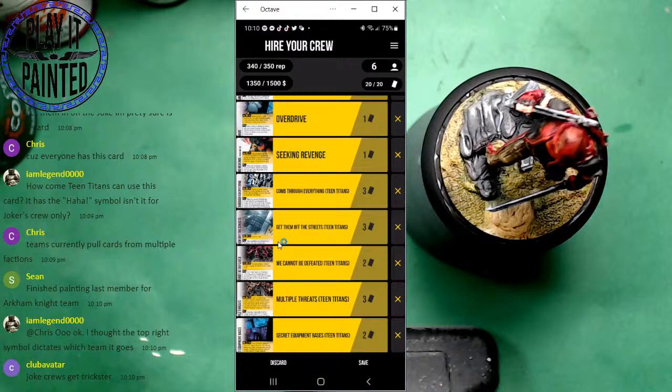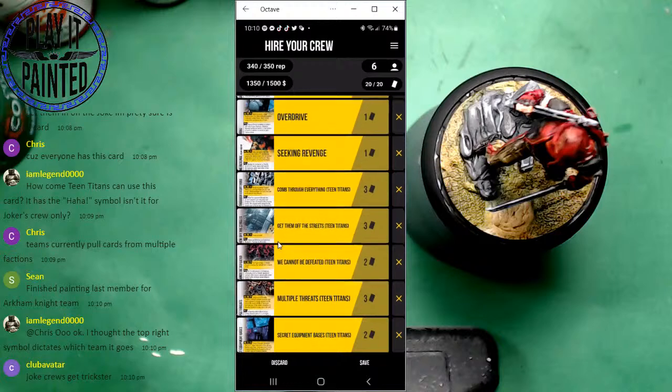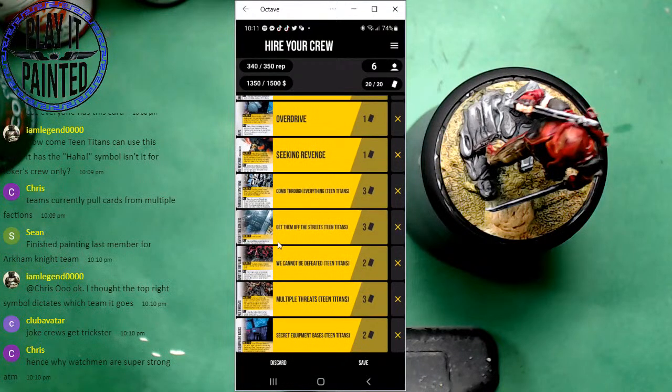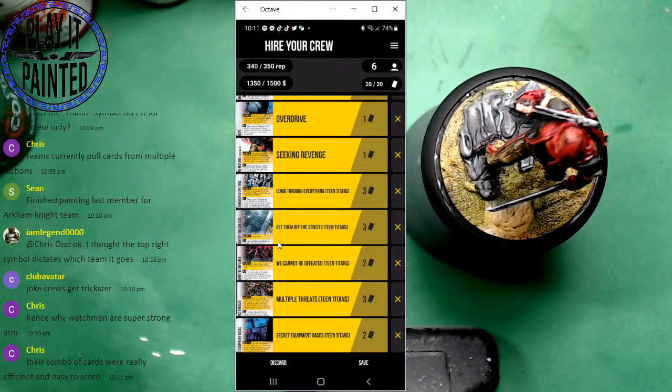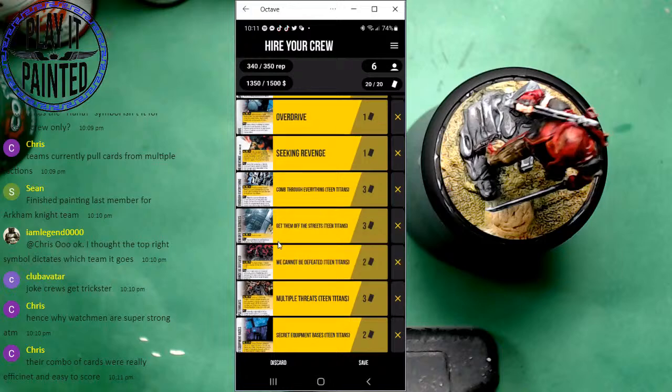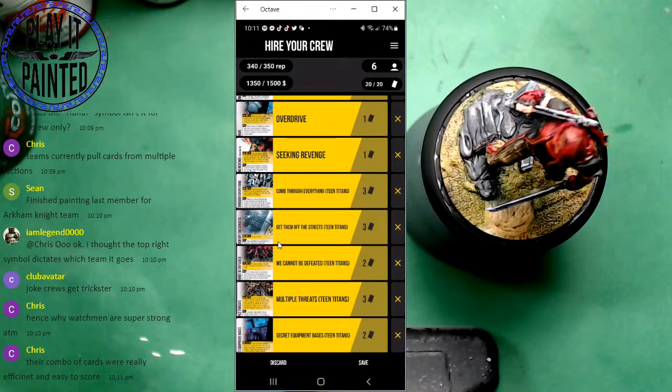Teams now have access to very specific cards outside of affiliation, right? So that's how teams work. In the meantime, they are supposed to be getting their own specific deck, but in the meantime, you can do stuff like this. Yeah, you're right. Joker Crews have Trickster in spades, so that's why it's perfect for them. But right now, that card is useless in teams. There just isn't a team that can benefit from that card as written. So, anyways,